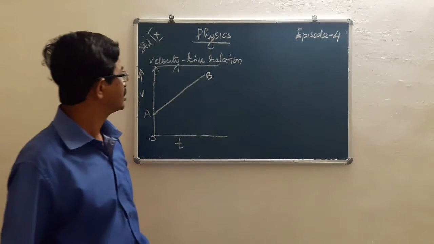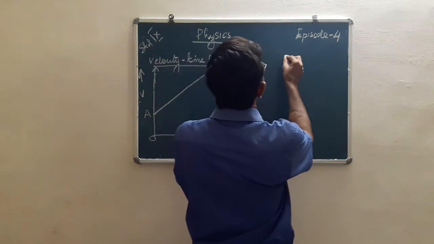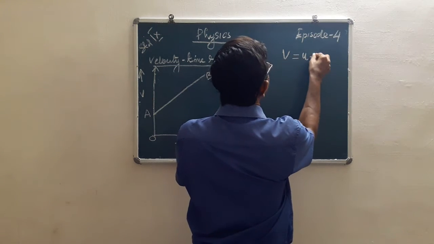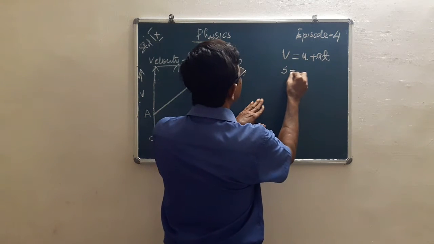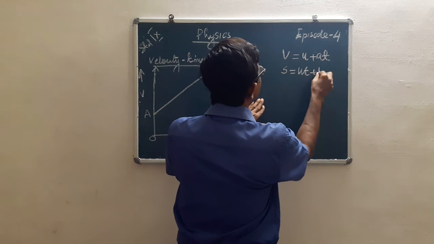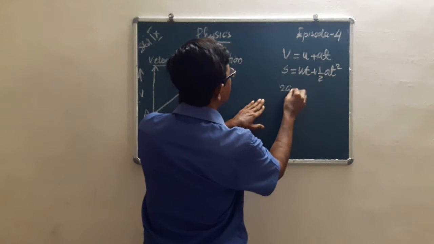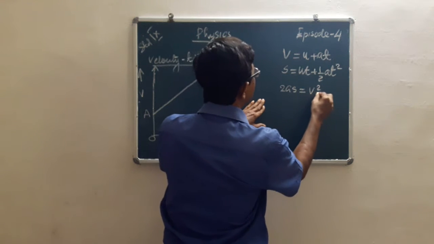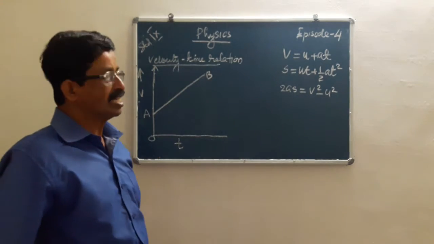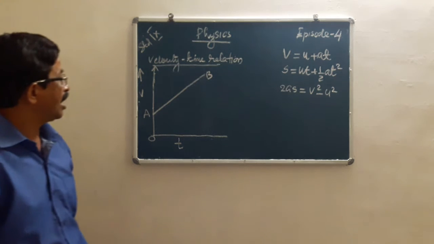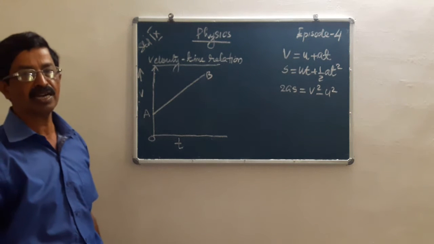Number 4. In the last class, we discussed the equations of motion such as V equal to U plus AT, another S equal to UT plus half AT square, and the third one, 2AS equal to V square minus U square. Now we want to get these relations from graphs. Among them, first, the velocity-time relation